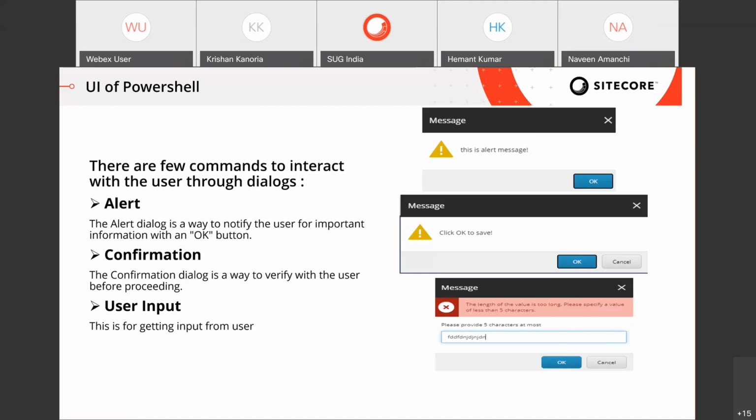Instead of going to User Manager and creating new users one by one, you can just create a script to read the values from a CSV or Excel file and create the users. Similarly, there are so many instances where it comes into the picture, but the main thing is repetitive tasks and bulk operations.